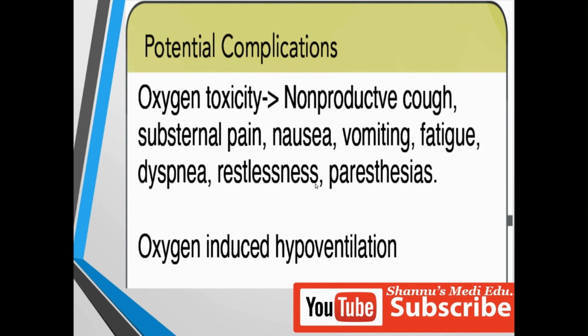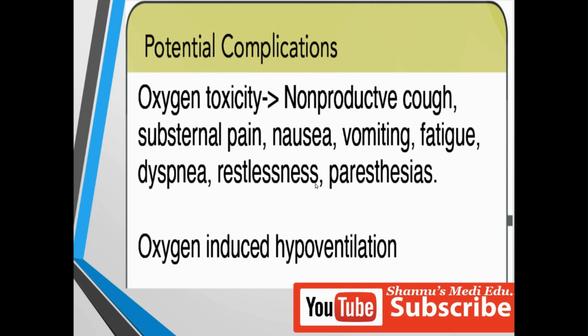Potential complication: oxygen toxicity. What is oxygen toxicity? Sometimes with a hypoxia patient, a newly trained person doesn't know how to give the oxygen. The patient goes into hypoxia, and what do they do? They give more oxygen supply to the patient. If the patient requires only 2 liters, but is given 10 liters,